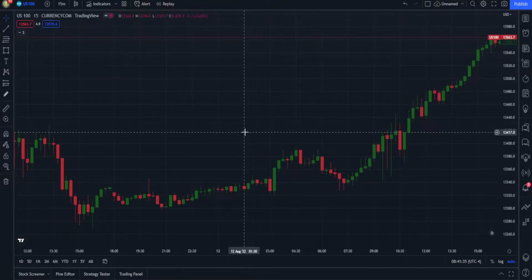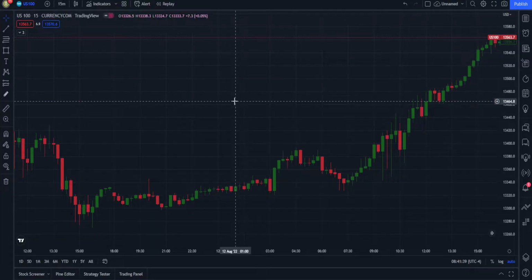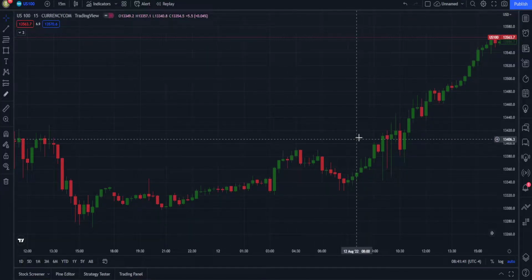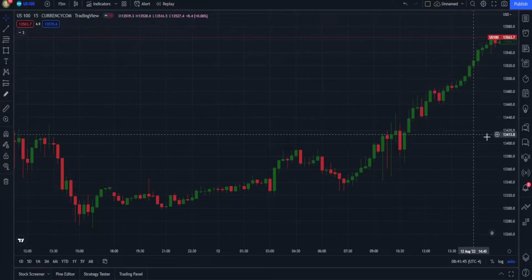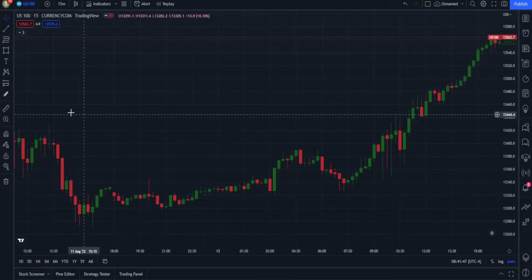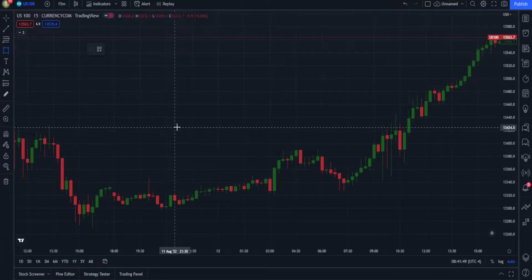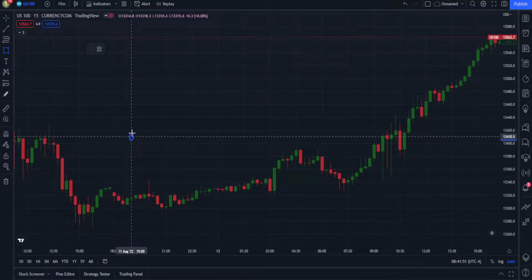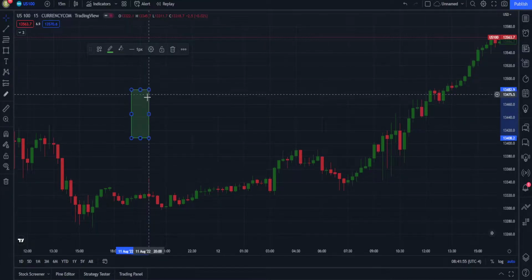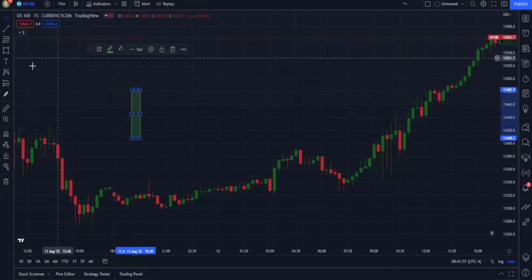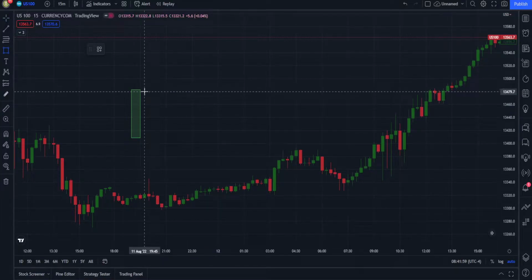The very first thing you want to look at is the 15-minute chart. Why? Because this is where you'll be looking for the gap. Now what gap? It's an imbalance between the first candle and the third candle. So I'm going to draw it out. Okay, I'm going to draw two types of gaps. So the first one is going to be a